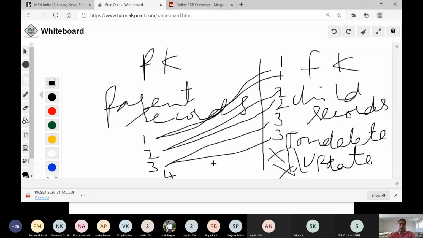Now if I try to delete from the foreign key first, it will delete without any problem. This also will delete without any problem. But if you try to delete this, not this, these are still existing, what happens? It will not delete, it will throw an error stating that child records are referring or child records existing. You cannot delete this because there is a reference from parent to child.